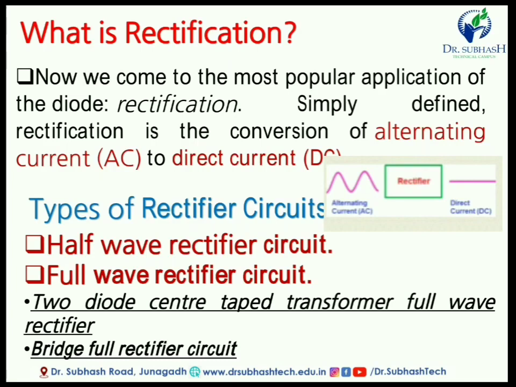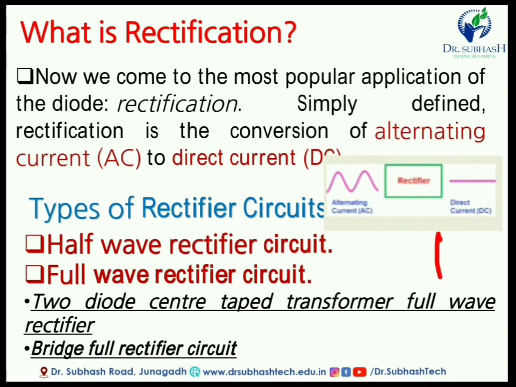Here you have to connect the diodes in a bridge. Bridge means four diodes connected back to back in a bridge-like format, and then it is known as a bridge rectifier or full wave bridge rectifier. The waveform of these two circuits is the same, and the efficiency is also the same, but the characteristics of the circuits are different. So first we discuss the half wave rectifier, then next we will discuss the full wave rectifier.